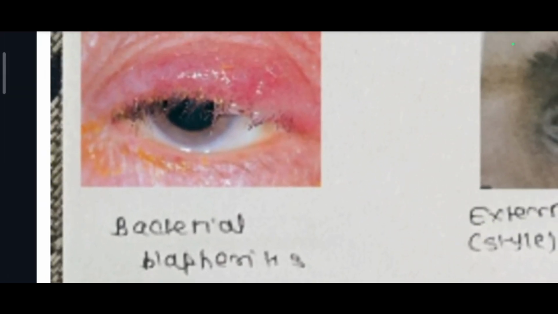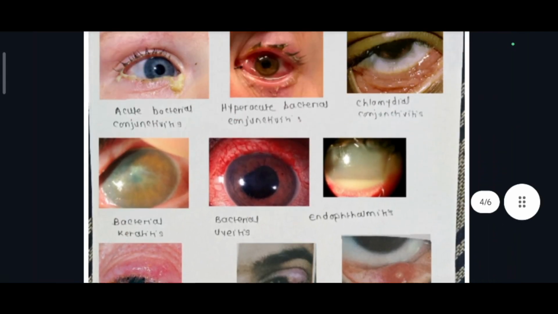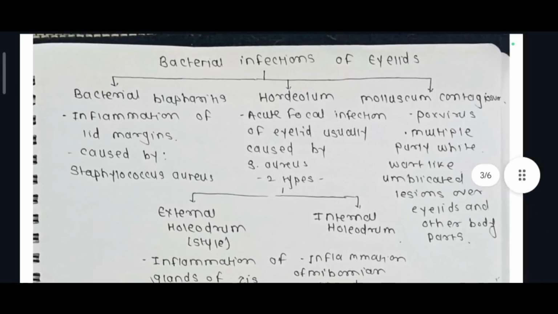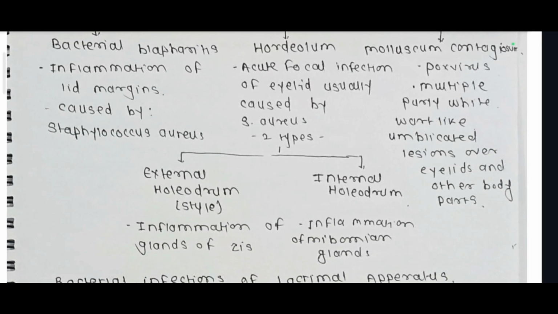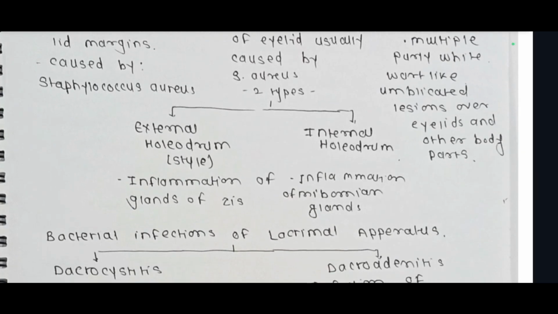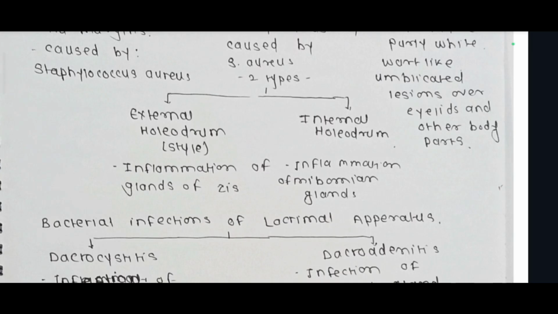After bacterial blepharitis, we will see the second category of bacterial infection of the eyelid, that is hordeolum. Hordeolum is an acute focal infection of the eyelid, usually caused by Staphylococcus aureus. It is further of two types: external hordeolum and internal hordeolum. What is the difference between them? External hordeolum is also known as stye. External hordeolum is the inflammation of the glands of Zeis,